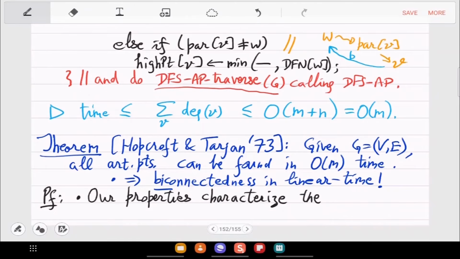The properties we have seen proved, they characterize all articulation points.